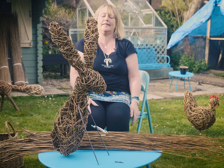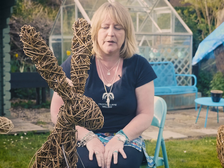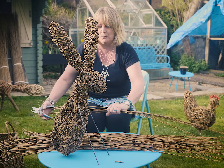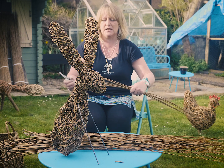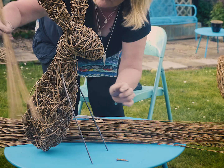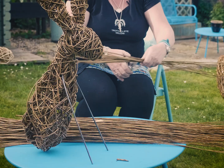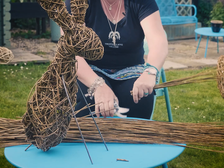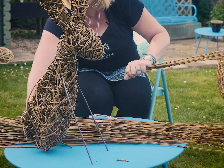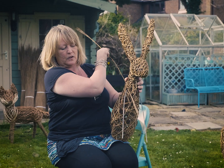And there, now he sits lovely. Our next stage now is going to add some willow to the steel rod legs. What you really want to be doing for these front ones is getting some butts. Measure it really, so at least that sort of length off of the end, and I'm going to use those to feed through. So grabbing a rod and feed it up somewhere in the vicinity of the steel rod,